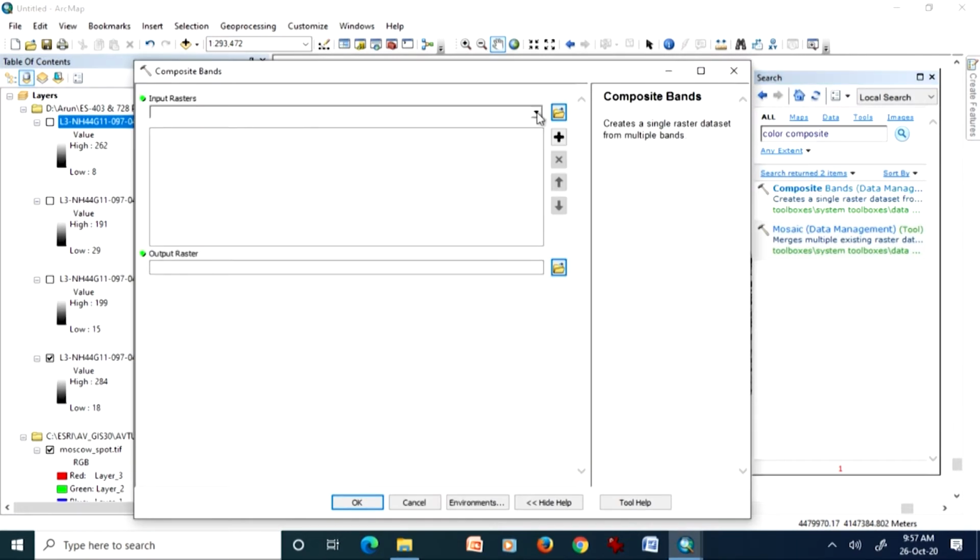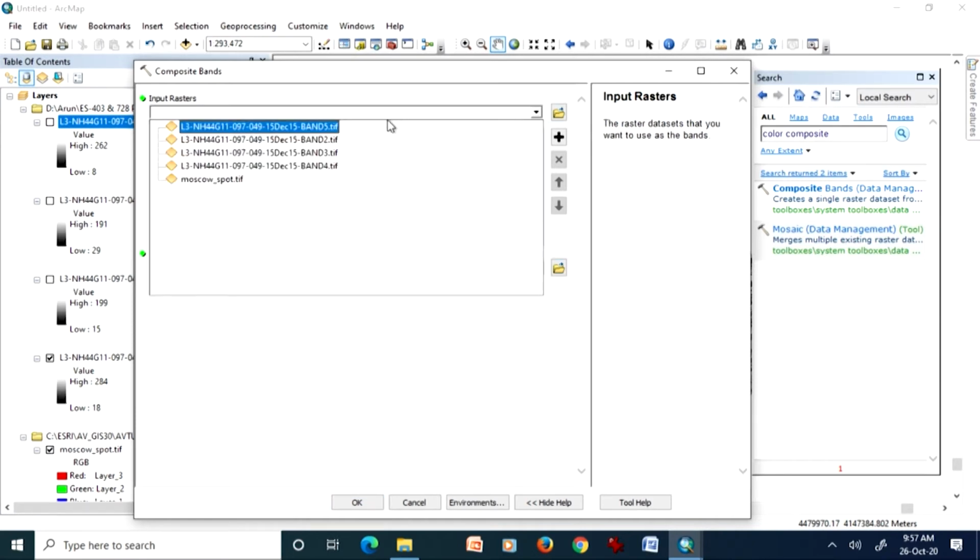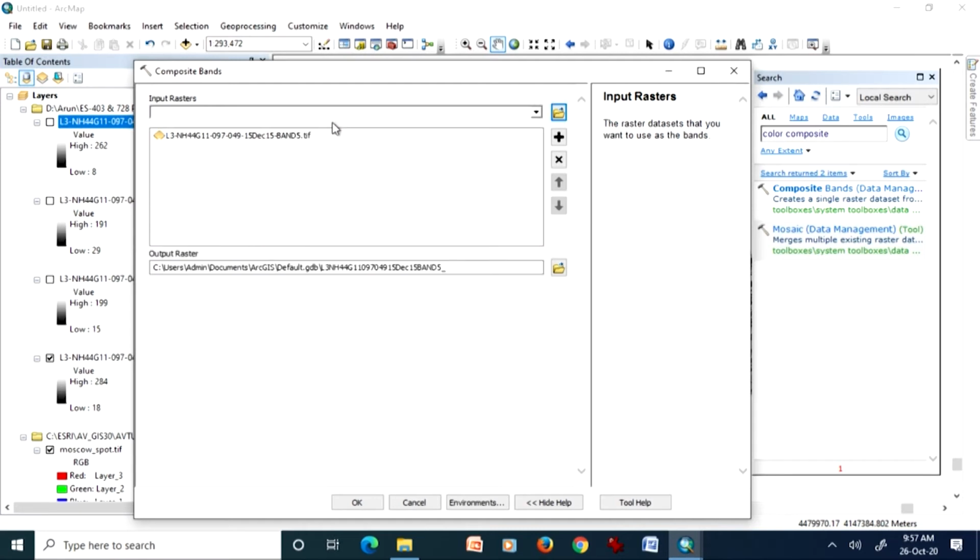Now, what we are going to do is add all those images which we want to have here. So, I am going to add all these images one by one to create a color composite, and we will add 4 channels, but at a time only 3 channels will be used. So, we can check which one is giving the best result.